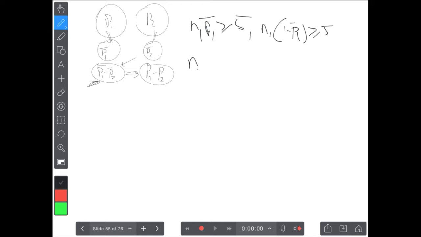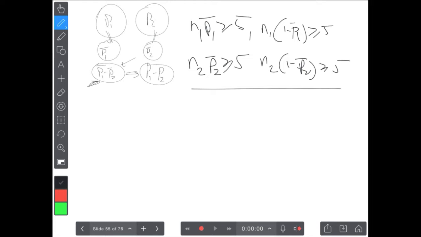And then we do the same thing for the second population: n2 P bar 2 greater than or equal to 5, and then n2 times 1 minus P bar 2 greater than or equal to 5. So if we satisfy the conditions for normality for the two samples, basically,